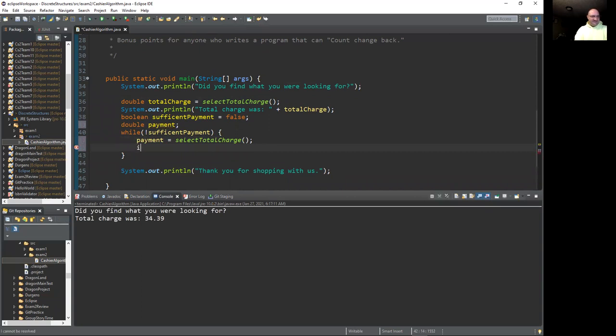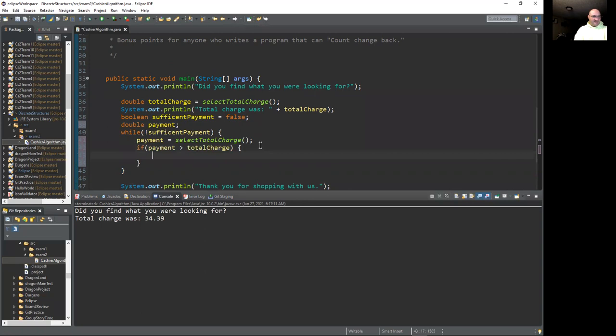if payment less than or equal to, if payment greater than total charge. We'll just drop in the curly brackets, and I'm going to say